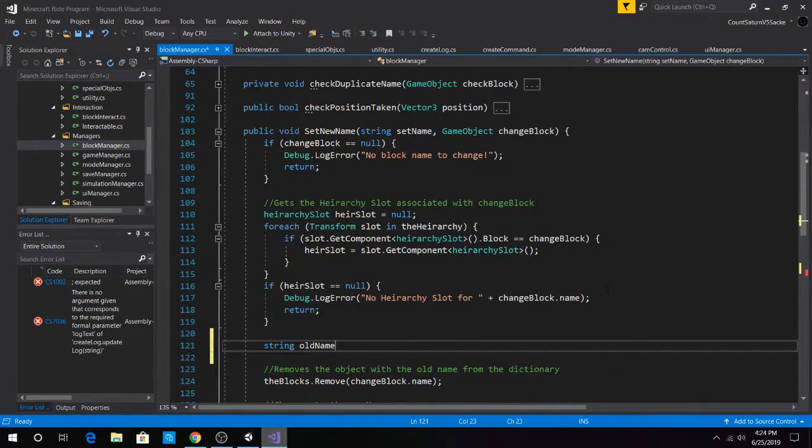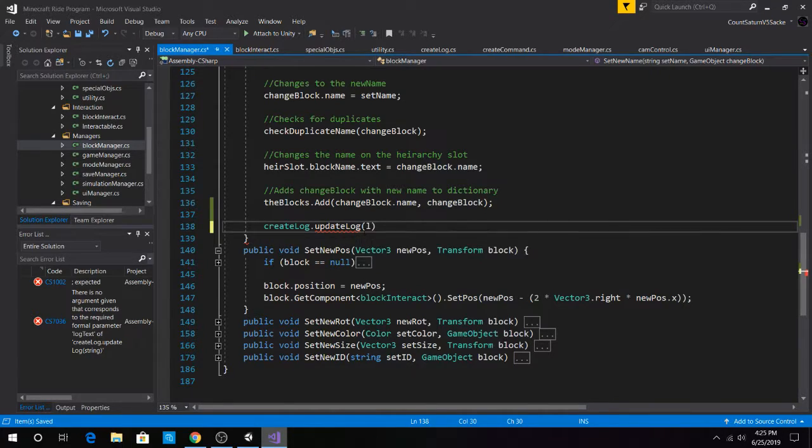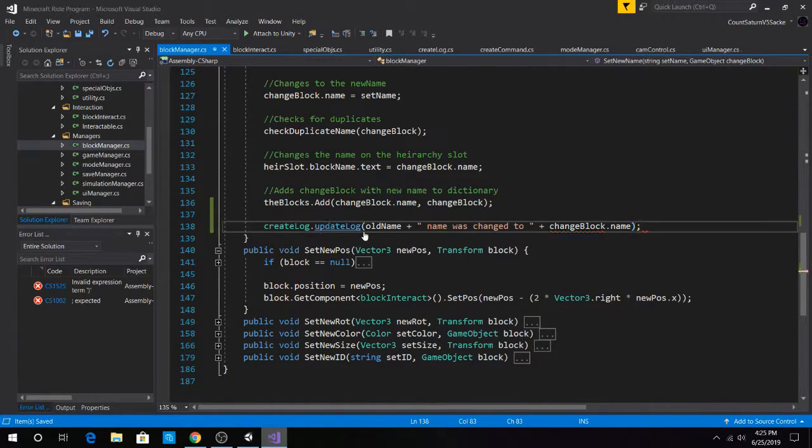String old name is equal to change block dot name. Here we'll pass in old name was changed to, then we pass in change block dot name again. And with that, we can also say that set new position. Block position is equal to new position minus